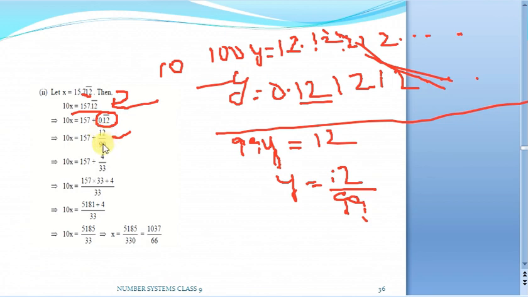So we can cancel it further. In the 3 table, 3 4s are and 3 33s are, so we can replace it. We can take the LCM and you find it, it will be 10x is equal to 5185 by 33. Now you can send this 10 this side, or you can divide with 10 on both sides. So your answer will be 5185 by 330. You can cancel the things which are common in the numerator and denominator, and reduce it to the simplest form. Your answer is going to be this one. So this is the rational form of the form P by Q for this given decimal expansion.